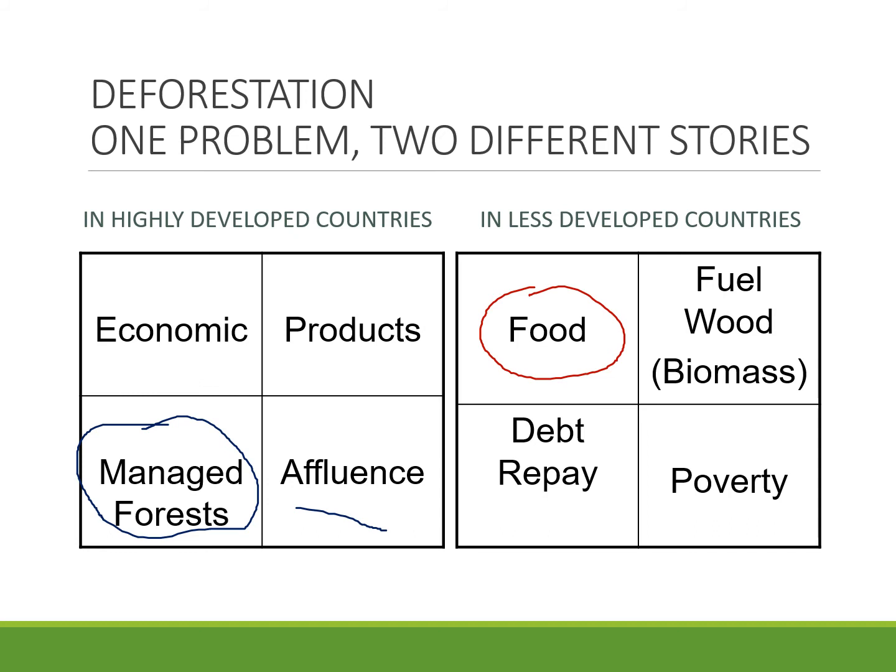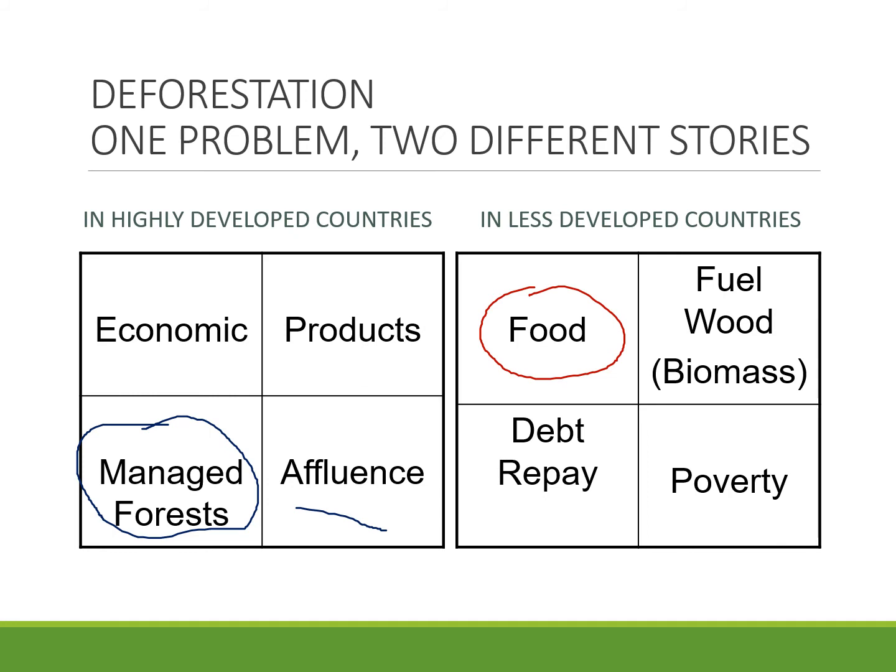Fuel wood. So biomass is the fancy word for this kind of energy source. Bio means living, the mass of living things. So a tree is a living thing. If I go into a forest and cut down the trees, I can haul that back to my house. I can use it to cook food. I can use it to heat my home. So it actually is an energy source. It can also be converted into charcoal. I have a little picture of that later. You basically slow burn, kind of smolder the wood to get rid of the water, and it compacts into charcoal, and people can use that to heat their homes or cook their food.